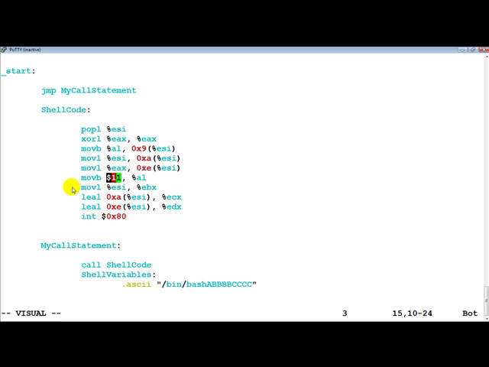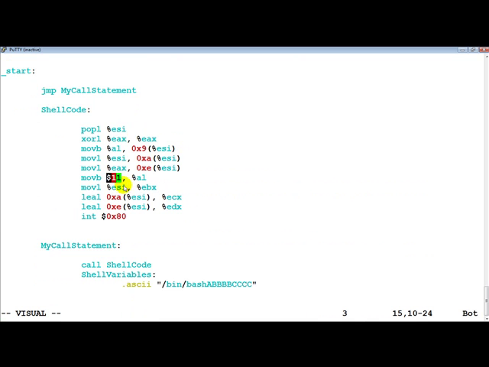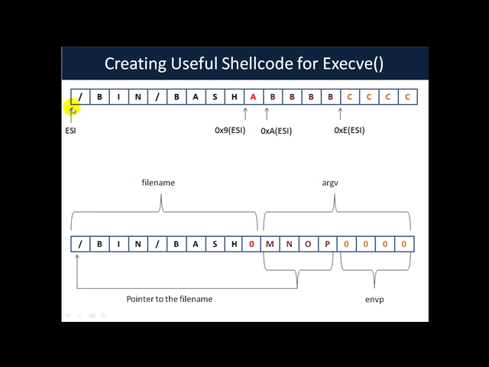Now, if you remember, what do we require for Execve when we are making a syscall? Inside EAX, we require the syscall number, which is 11, and that is what we put right now. Inside EBX, we require the first argument to Execve, which is a pointer to the file name, and that is what ESI is. And if you notice right now, we are moving that value into the EBX register, as ESI is nothing but pointing to the